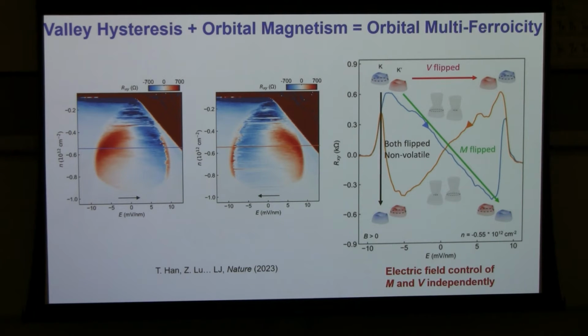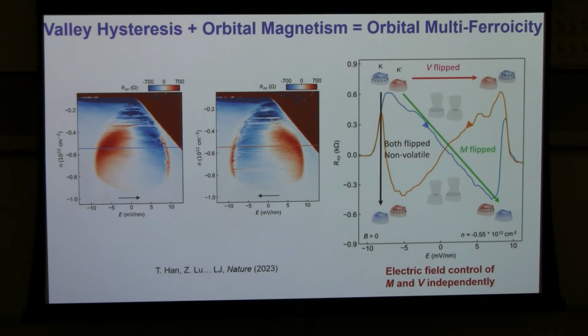Excuse me, in this experiment, is there any magnetic field applied? There is a tiny magnetic field to prevent the random flipping. How big is tiny? Like 5 millitesla. Okay. So this is taken with probably positive 5 millitesla, and the butterfly winds this way, okay? If you make it minus 5 millitesla, it's going to wind the opposite way. So there is a difference there.